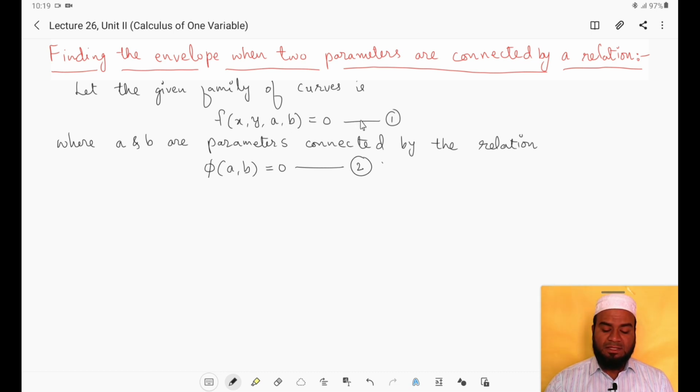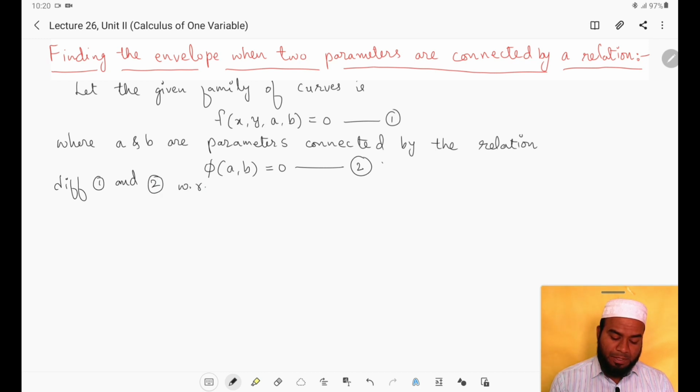We will differentiate equation 1 and equation 2 partially with respect to a, and we treat b as a function of a. What we are doing here is treating the variable b as a function of a. So differentiate 1 and 2 with respect to a,